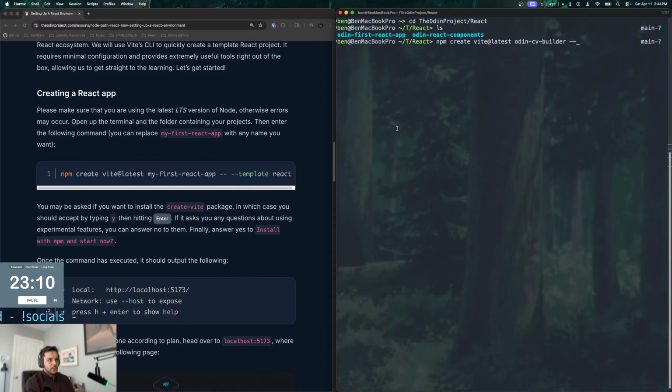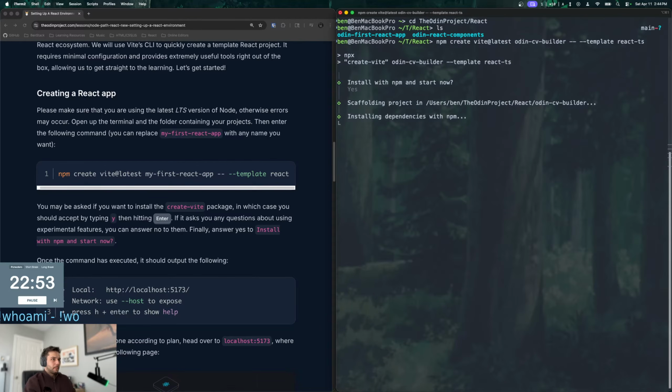I'm not exactly sure what these two dashes here are for, but then we'll do template react-ts. I think it's React TS, right? Yeah, I think this should be fine.